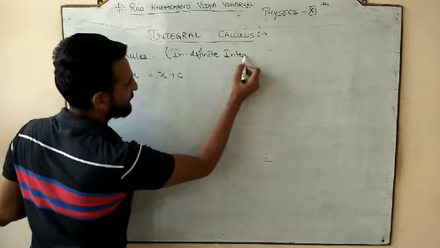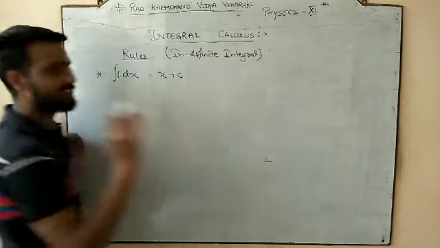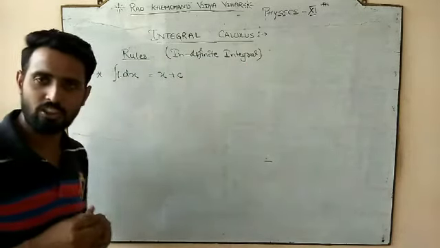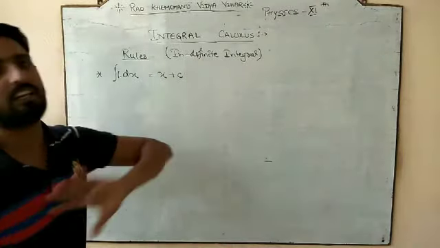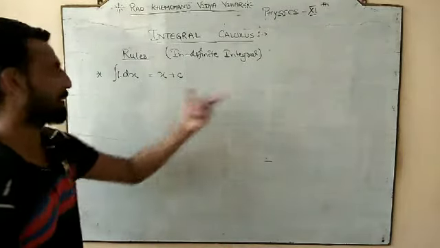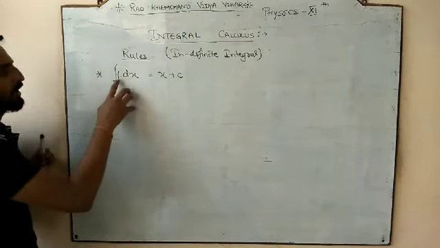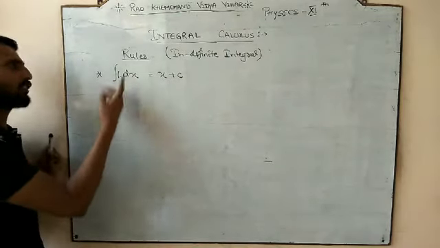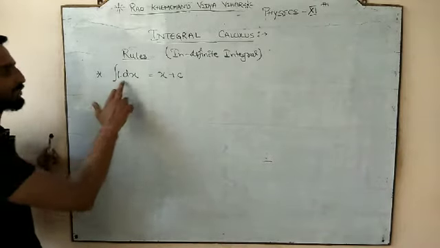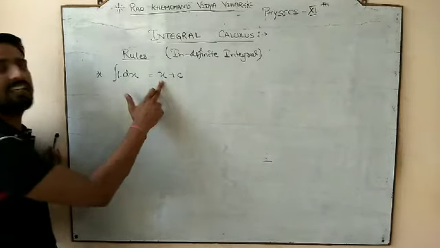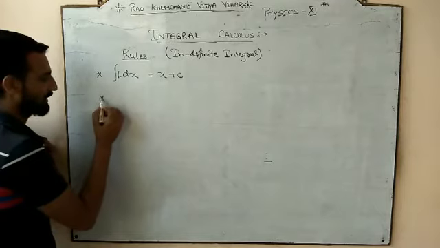Indefinite integral. As its name signifies, it is integral, meaning integration, the sum of, but it is not definite. ये फिक्स नहीं है, because क्या पता कोई और भी constant हो सकता था. Okay, so this is your first rule. You can either write 1 into dx, or simply write only dx, so the integration of dx is x plus some constant.